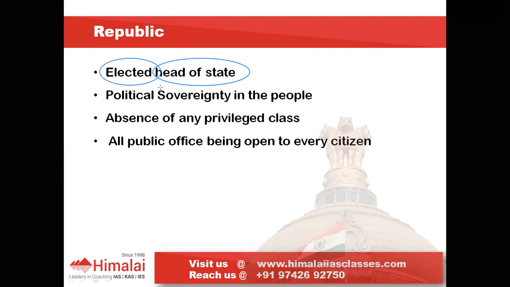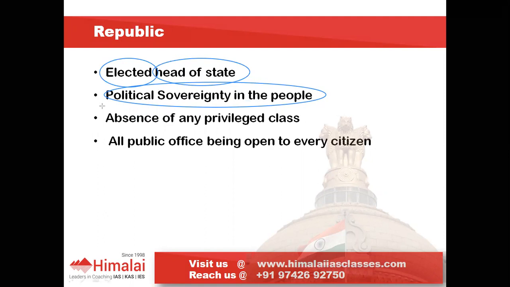Okay, so is there any state where the head of state is not elected? For example, Britain. Britain is a monarchy where the next generation of the queen will again become the head of the state. So there is no elected part in the head of the state of Britain. That's why Britain is not a republic, whereas the head of state in India is elected, and that's why India is a republic. Now, what does it reflect? It tells that if the head of state is elected by the people, directly or indirectly, then the political sovereignty is vested in the people rather than in a family, as is the case with Britain.